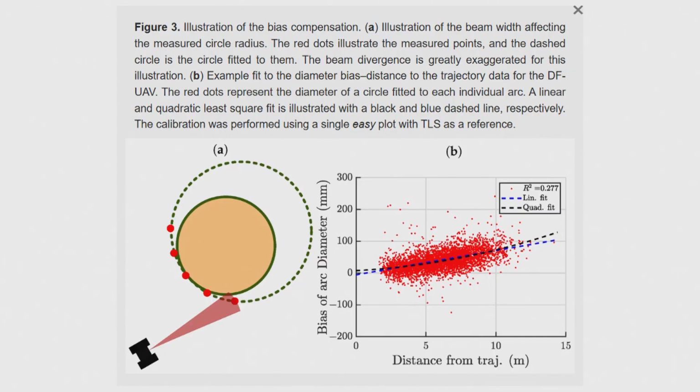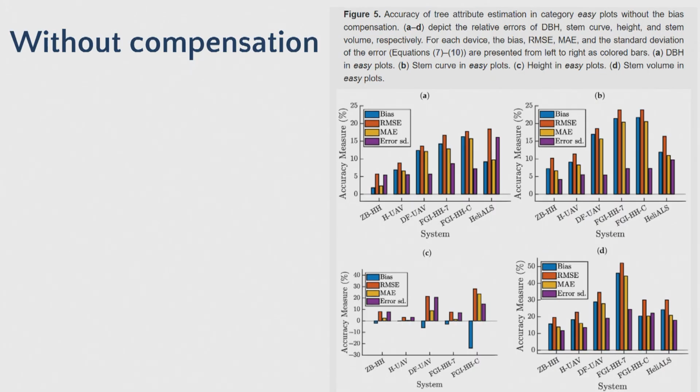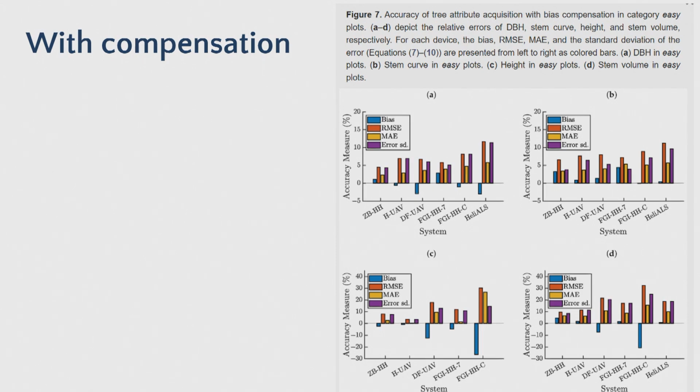And we correct it. You can simply correct it by this kind of distance correction. A linear model is enough. If this is the result, so above is the diameter and stem curve, and this is uncorrected data. In this test we have HoverMap, we have Deep Forestry system, we have handheld systems, and also some others. Basically they reduced more than 50%. The results improved from 50 to 90%. So basically root mean squared error goes down, and the bias really goes down.